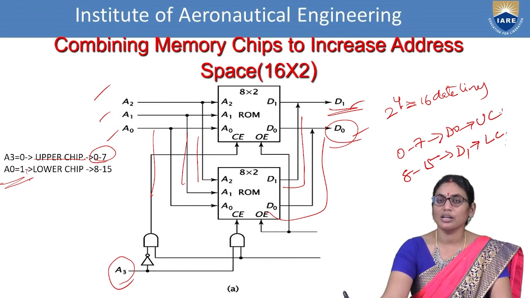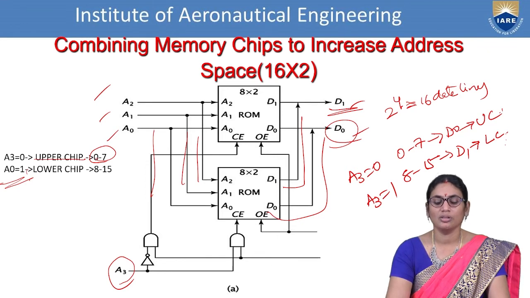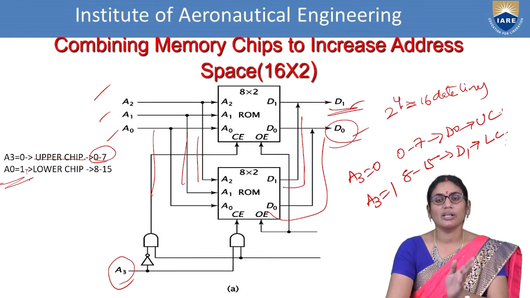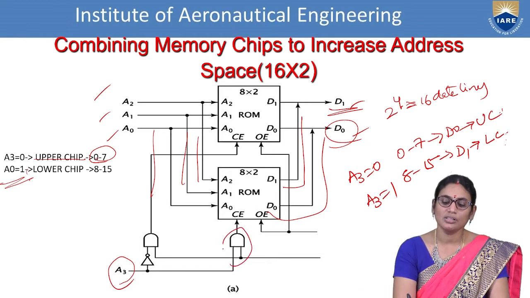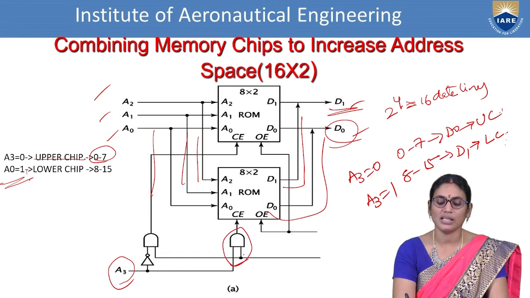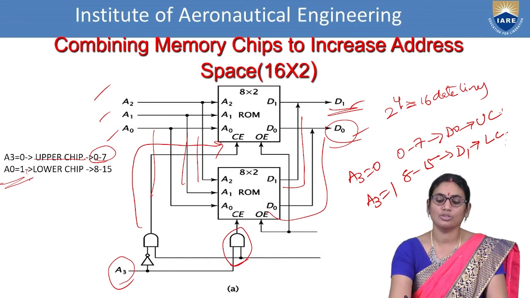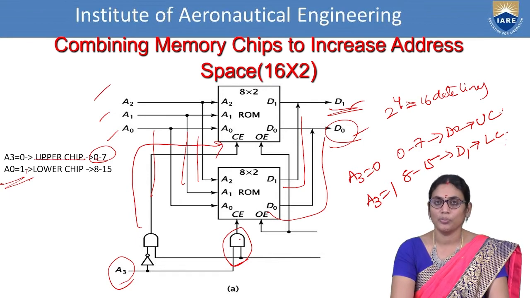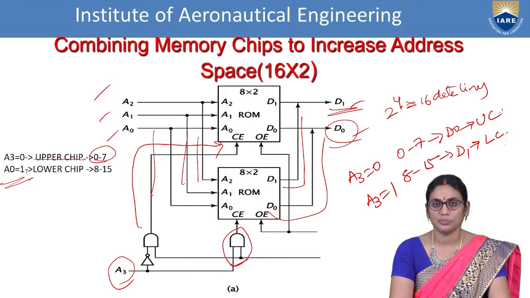So these chips have been generated by means of a selection pin using A3 equals 0 and A3 equals 1. So when A3 equals 0 and A3 equals 1, we will be enabling the pin. Now, I have to select whether to redirect to the output or to get the data from the output. So for this, it is again connected with the chip enable pin. So this chip enable is activated in the second case by means of AND operators. In two cases, we will be operating with the AND operator so that the corresponding chip is activated and the corresponding data line will be activated. So in this way, you are organizing the address space.